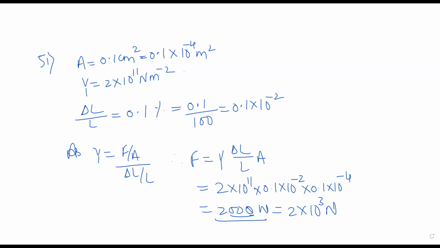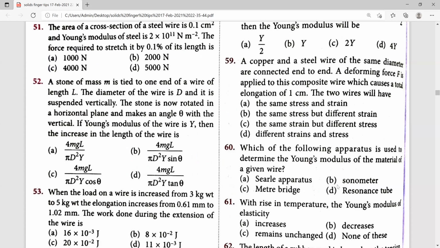So here the right answer, how much we are possible to get? So the right answer is which one for 51? So that is B, option 1 is the right answer. Next, 52nd one.